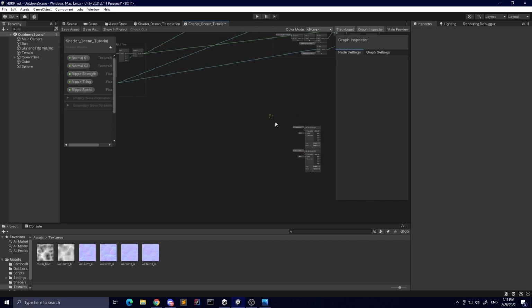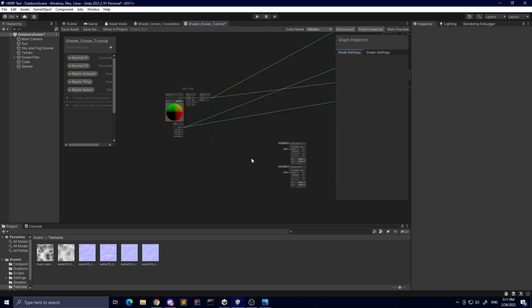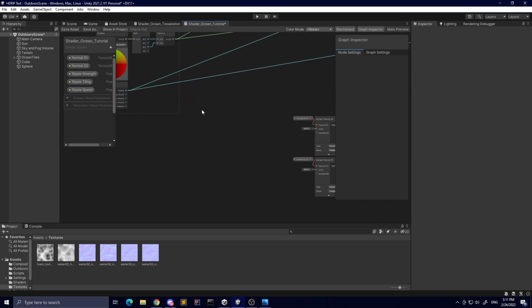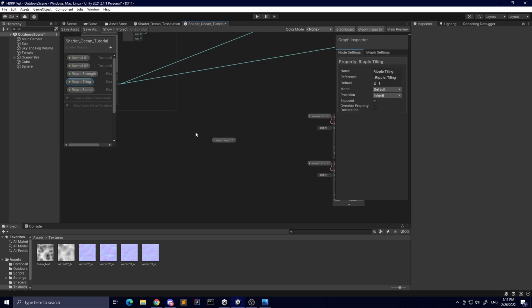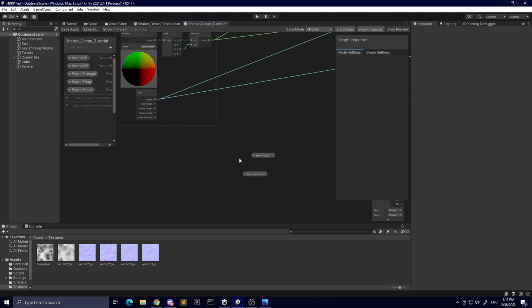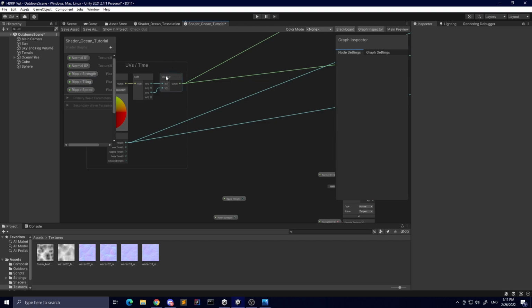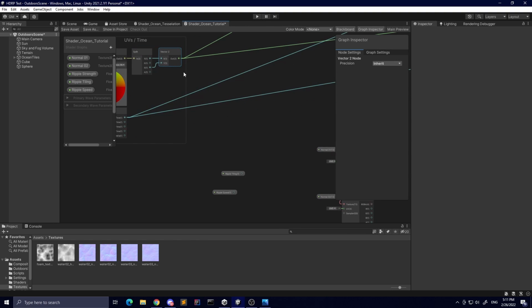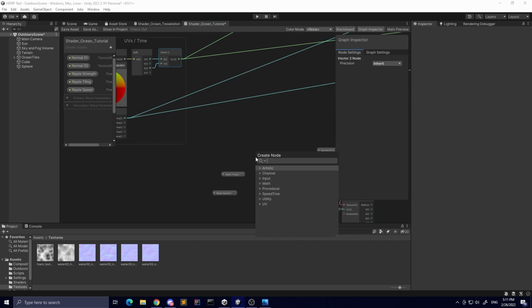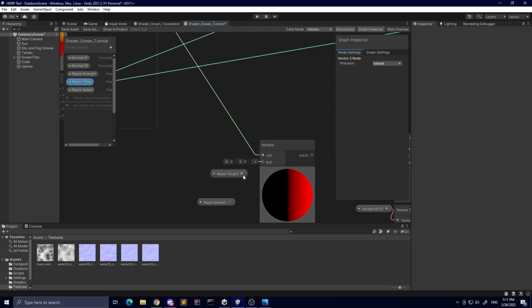Okay. So here. And then we'll also take our ripple tiling, excuse me, and our ripple speed. And again, we'll use the world position vertices in place of our UVs to sample this. So we'll take that, just multiply it by our tiling,